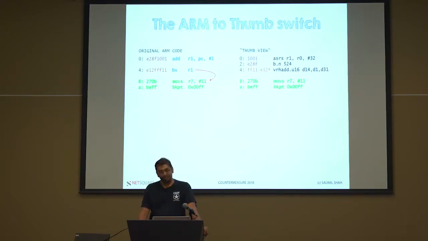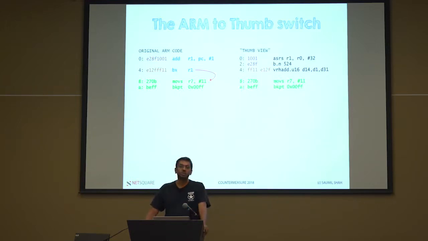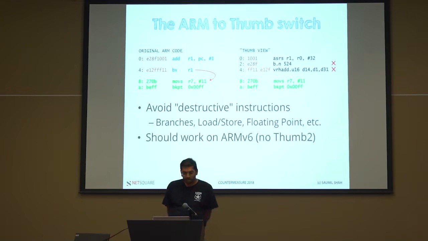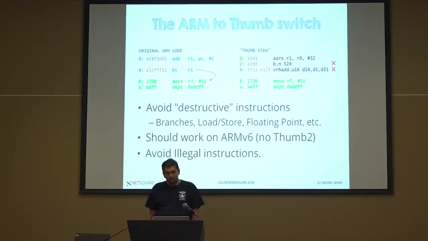But basically, I don't want that. So now when you're doing this polyglot stuff, you want the good instructions to stay through. This one's a good instruction. The ASRS, arithmetic shift right, no problem. I can live with that. It doesn't destroy me. But the destructive ones are the branch instructions. They'll transfer my program control, screw me up. Can't have a branch. This vector horrible instruction, I don't want that either, because I don't know what it does. And then I also wanted some better goals for myself, that this should work on the lowest common denominators of ARM, the ARMv6 or ARMv5. We don't need special thumb instructions. We don't need illegal instructions. So with these objectives,